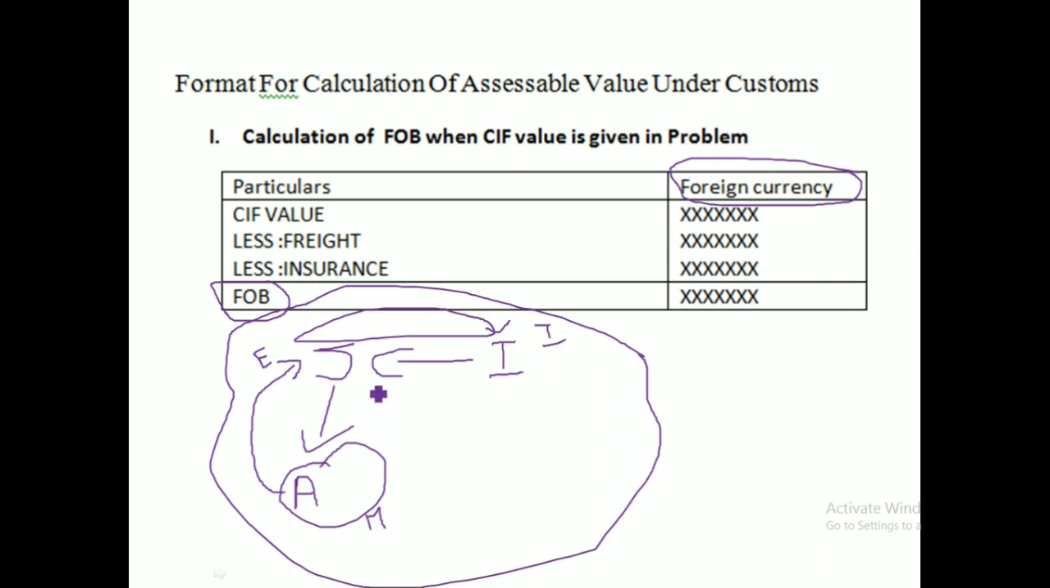Okay, if we are importing goods from Japan, the transaction is held with the help of the currency, or the medium of exchange, which is yen here. Okay, next,